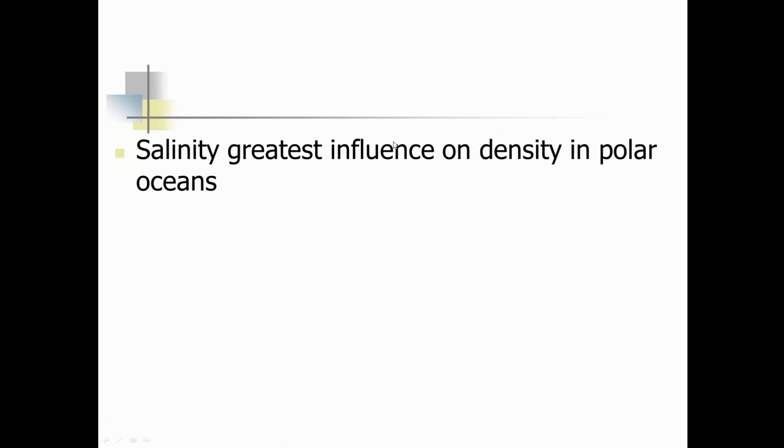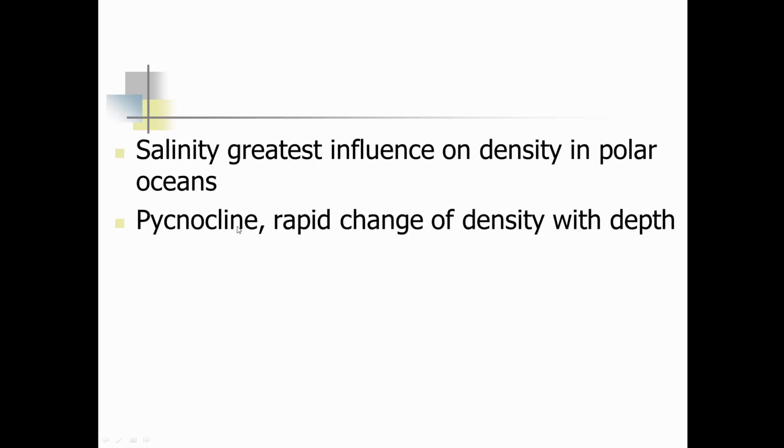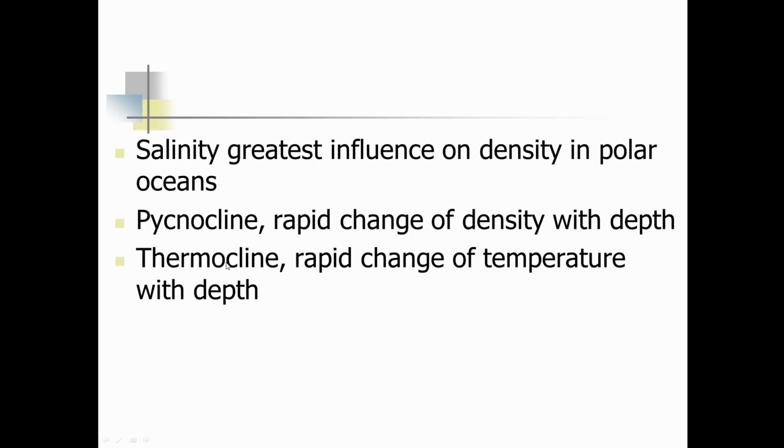Salinity has the greatest influence on density in the polar oceans because it is so cold. We have what's called a pycnocline. Pycnocline actually talks about the rapid change of density. So we're going to talk about temperature, salinity, and pressure, all in the pycnocline. Remember, we have a halocline, and we also have a thermocline, which is the rapid change